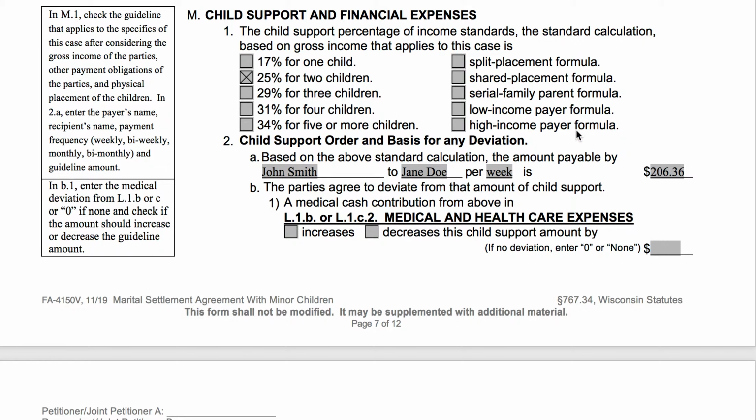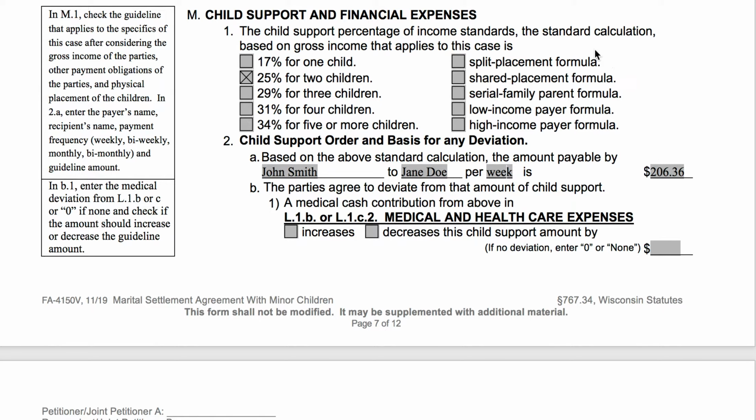For those of you who don't like math that much, they also have some Excel sheets that will do the calculation for you for the most common formulas, like the shared placement one and the high income pair formula. For the low income pair formula, it's not an equation, it's a chart. So you can pull up the chart and see under the most recent calculation what your number would be. Again, there are videos on that on our website if you'd like to look through those. But you'll do that calculation, and whatever it spits out, you'll write here.